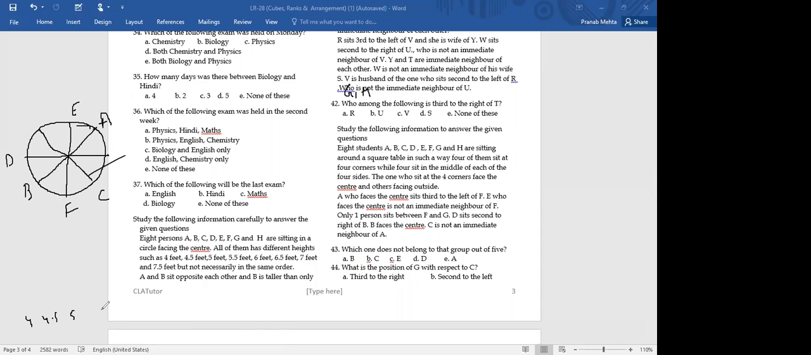5, 5.5, 6, 6.5, and then I think it is 7 feet. 1, 2, 3, 4, 5, 6, 7, and 7.5. So 8. Total 8 people are there. All right. Now, all of them are of different heights. Okay, good. A and B sit opposite to each other, and B is taller than